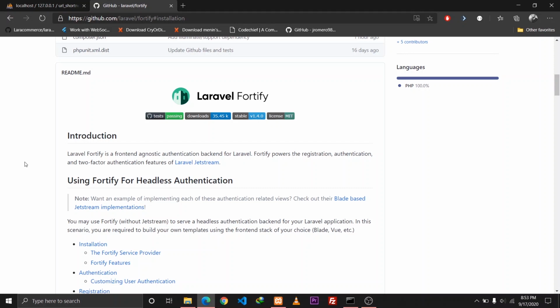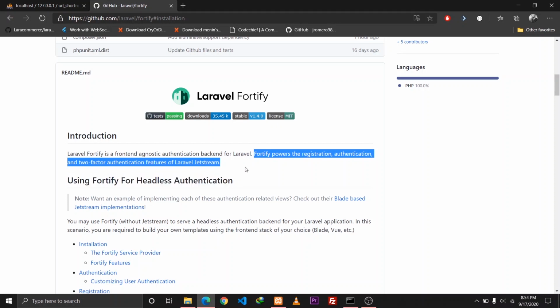What Laravel Jetstream provides is all the front end and back end implementation in our Laravel application. But with Laravel Fortify, we can customize the UI that we want to implement into our Laravel application, and the functionality on the backend remains the same as Laravel Jetstream. So as you can see here, Fortify is an alternative to Laravel Jetstream, which powers the registration, authentication,